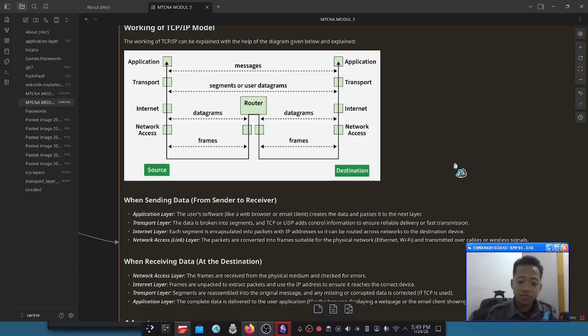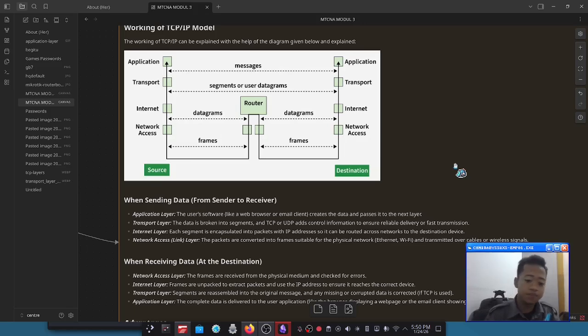Then there's the transport layer. The data is broken up into segments, and TCP or UDP adds control information to ensure reliable delivery or fast transmission. Then the internet layer. Each segment is encapsulated into packets with IP addresses so it can be routed across the network to the destination device. And there is the network access or link layer. The packets are converted into frames suitable for the physical network with Ethernet or Wi-Fi, and transmitted over cables or